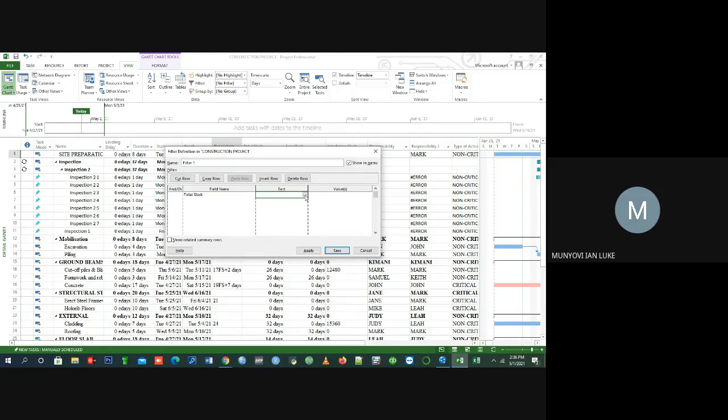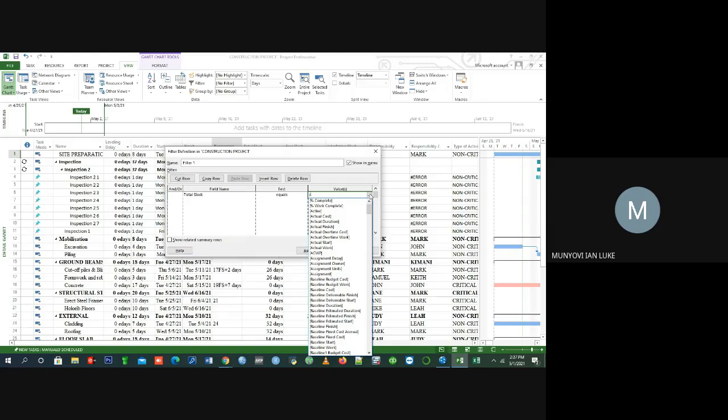equals to. So click on the drop down, equals to, and then the value. I want it to equate to 0. So right there 0, like the value 0, good. And then you can also introduce a function, whereby you might say you want to see only activities for which total slack is equal to 0, and